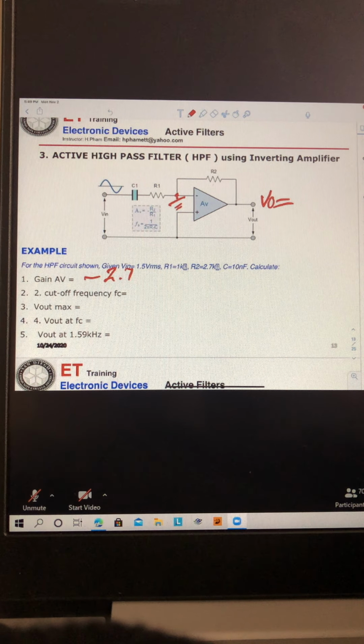Right? So the current will be flowing this way. So you get positive here, negative here. So VL will be basically equal to minus